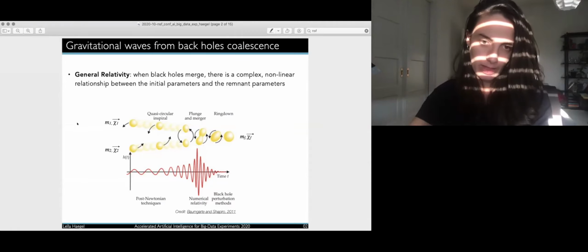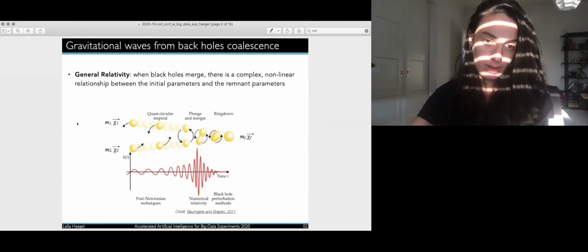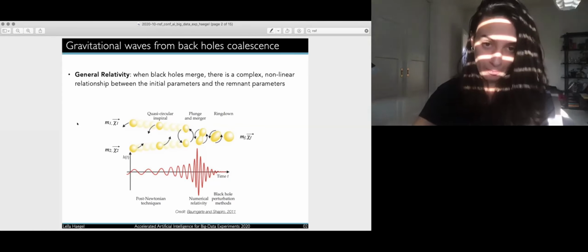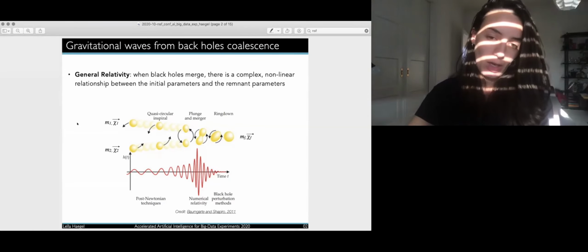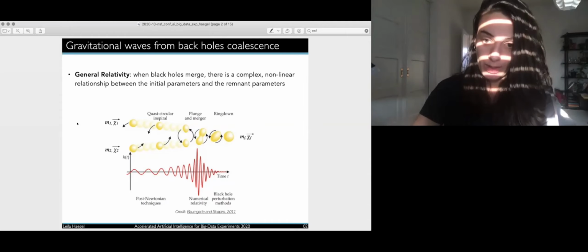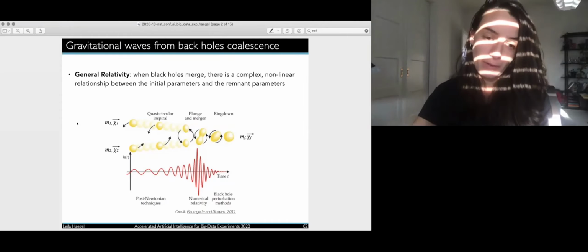We're detecting gravitational waves from binary systems of black holes. And that means that initially we have actually 8 parameters that are describing the 2 black holes. There are the masses of the initial black holes and the spin components of the 2 black holes. However, those black holes are merging into a final black hole that has a final mass, a final spin. And it's important for us to be able to infer the final mass and the final spin from the initial